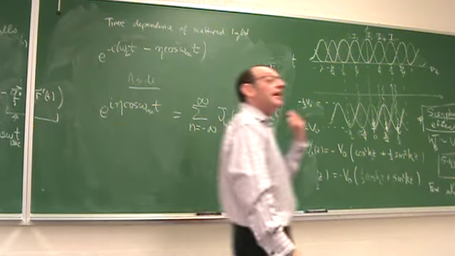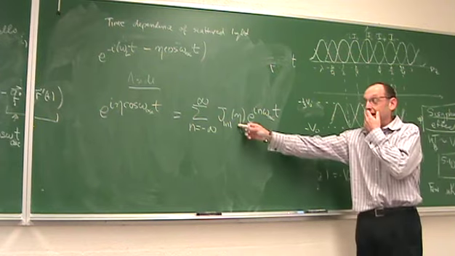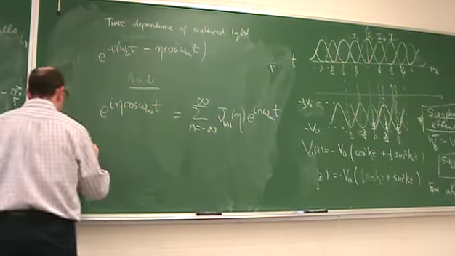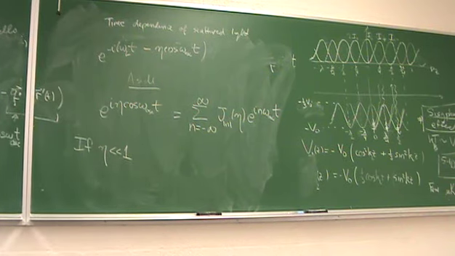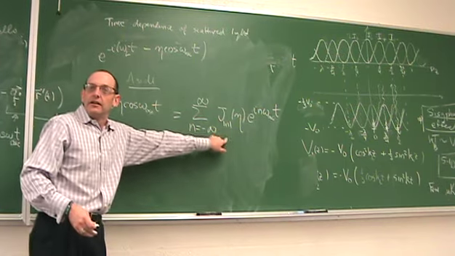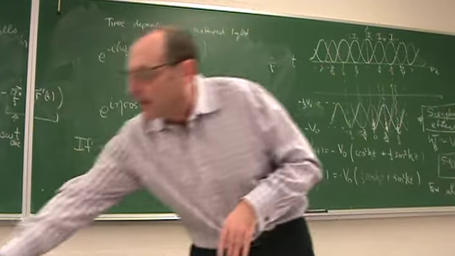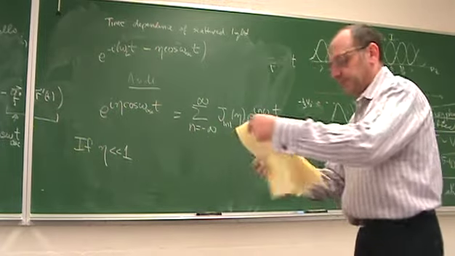Now, how much power or amplitude do you get in these different frequencies? Well, it depends on these Bessel J's. If the eta is small compared to 1, which is to say the extent of the oscillation is small compared to the wavelength, well, then we could do an expansion. Use the expansion for small arguments of the Bessel J's. So,